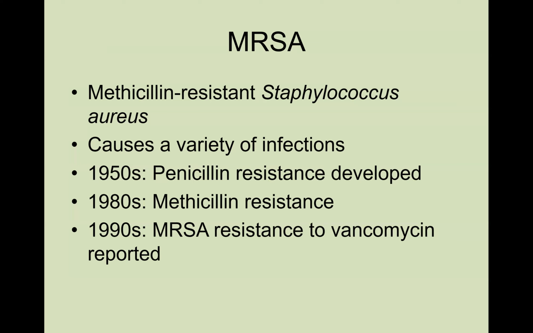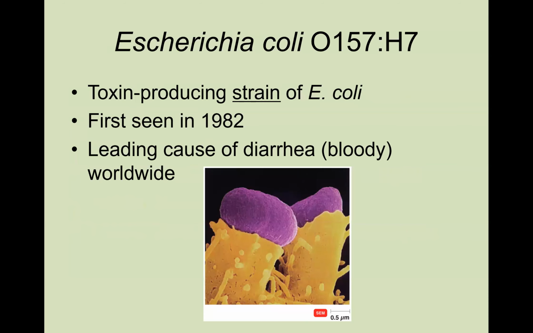Penicillin is a drug that would be given to combat a bacterial infection, and unfortunately, this MRSA is going to be resistant. And then in the 1980s, we started to see this uprise of methicillin resistance. This is another antibiotic. And then finally in the 1990s, the MRSA resistance actually led to vancomycin resistance being reported. And vancomycin is sort of the last resort drug to be administered for a MRSA infection. It's a very difficult drug to take and has a lot of unwanted outcomes, but it's sort of the last chance for a really bad MRSA infection.